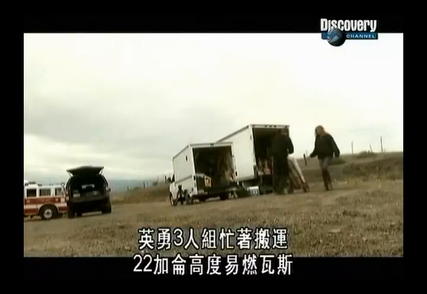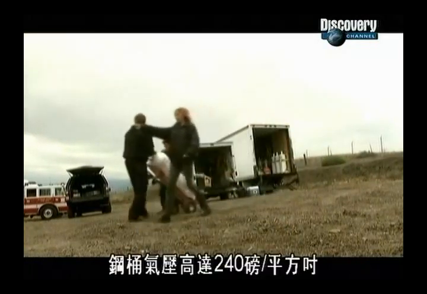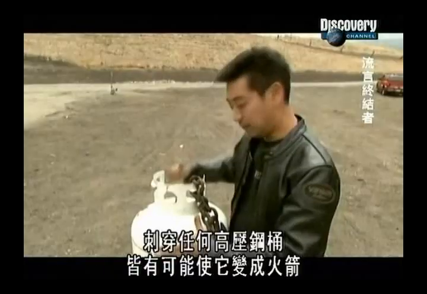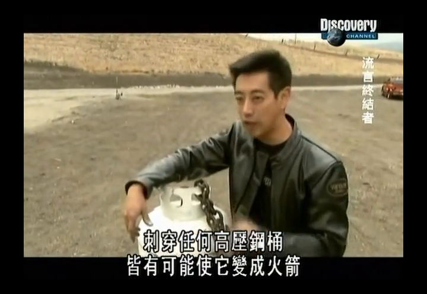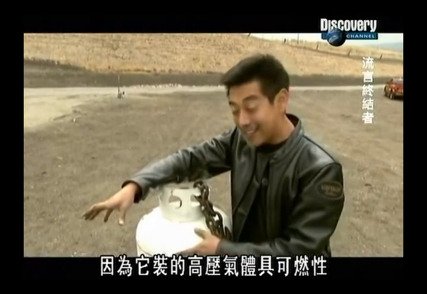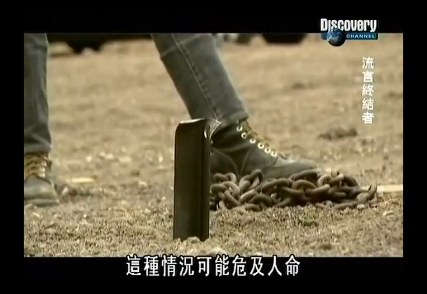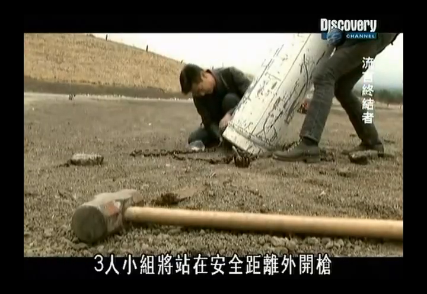Our intrepid trio are dealing with 22 gallons of highly flammable propane, packed at 240 psi. Even the steel tank's got a license to kill. Any pressurized tank, potentially if you pierce it, could turn into a rocket. This one is much more dangerous because it adds the fact that the gas that you're pressurizing the tank with is flammable. It's a life-threatening scenario, so the tank is staked to the ground and the team will fire from